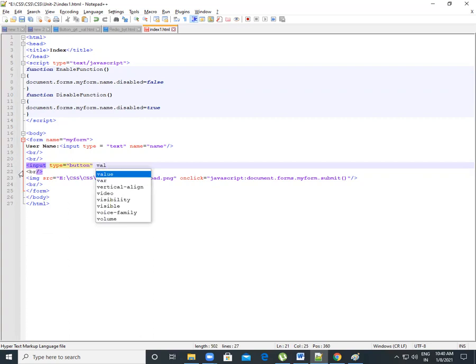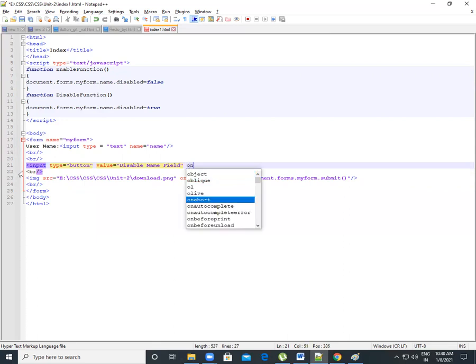Then the parameter of the button, value equal to disable name field, right? Our button name is disable name field, and onClick equal to the disable function. We use here the disable function. Okay. Now we close our tag.